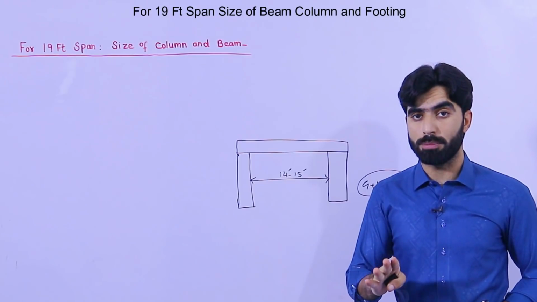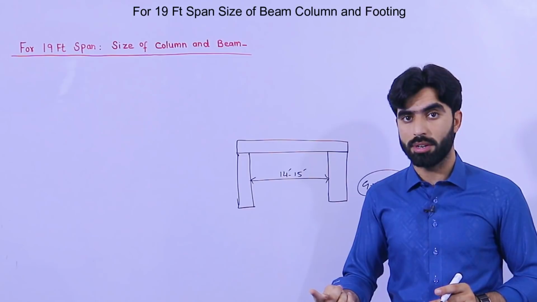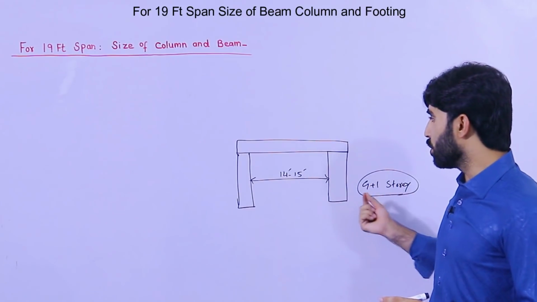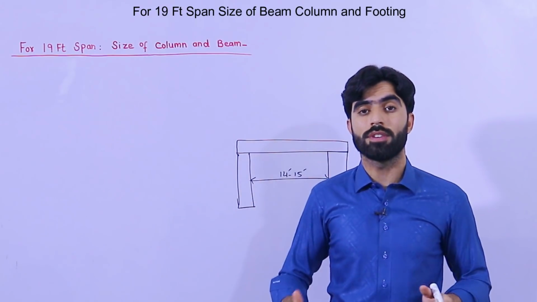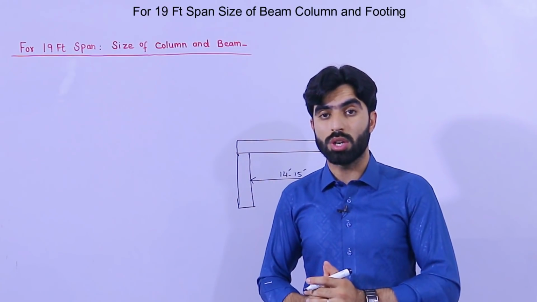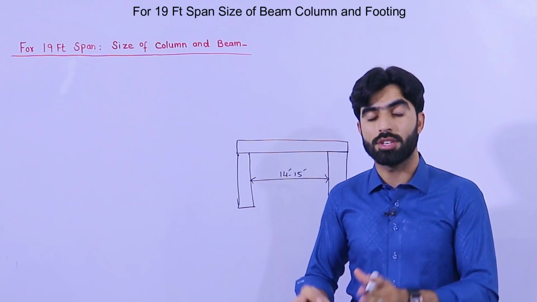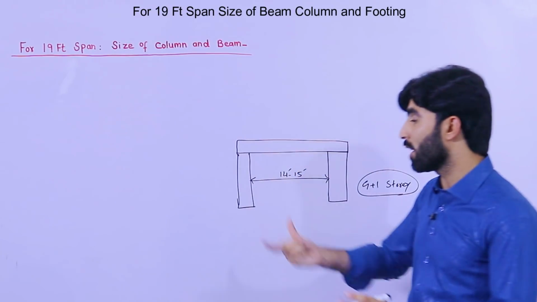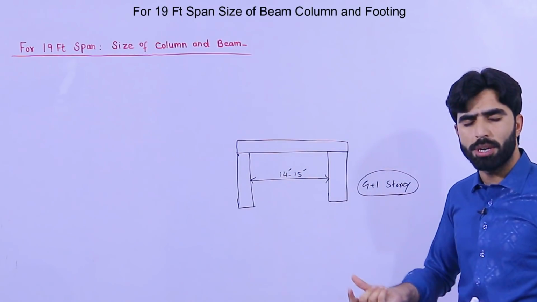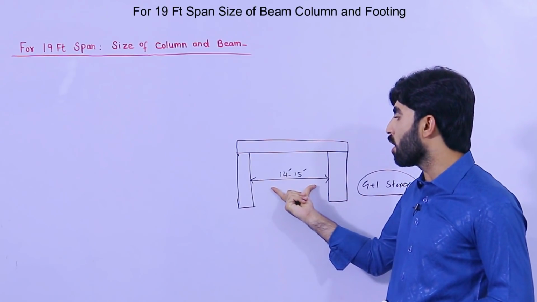for a normal residential building? If you have a structural design, you can follow that one, because you didn't ask anything about the structure load. If you have a structure load, we will do the calculation deeply. From that structure load we will find the size of column, beam, and its steel reinforcement detail. Therefore we don't have anything. So for a normal residential building G plus 1 story, if the spacing between two columns is from